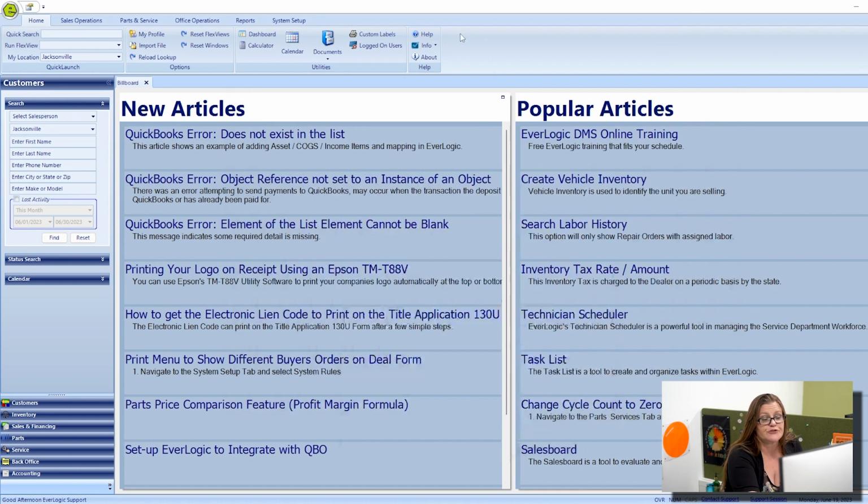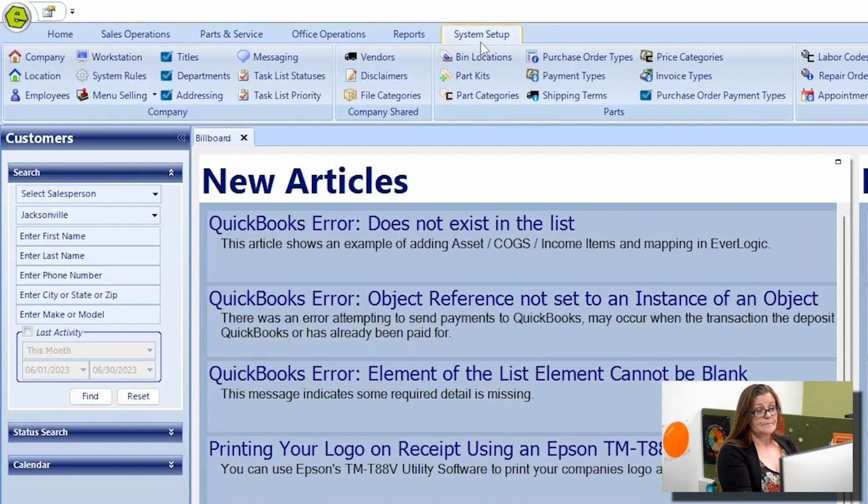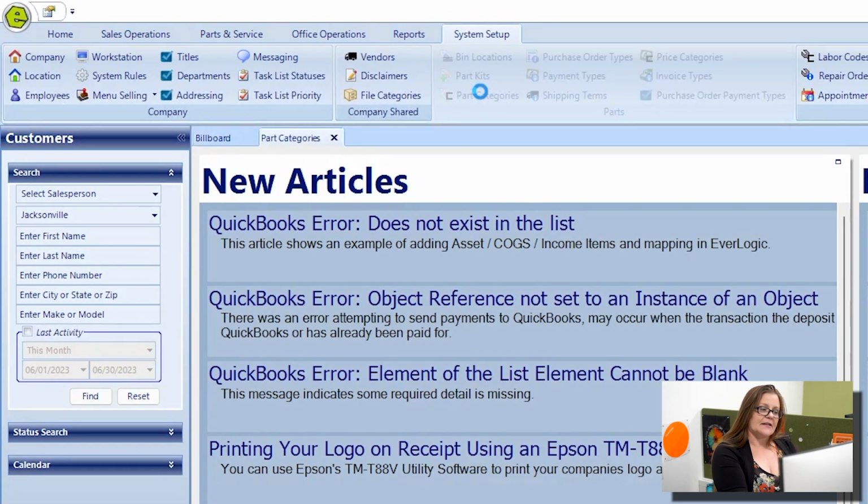You want to start by creating a new part category. Now this is understanding that we've already set up the items in QuickBooks to be mapped. So you've already set up your income account, your asset account, and your cost of goods account for this item that you'll be mapping and creating. All right, so we'll go to the part category section. That's going to be on EverLogic, and you'll go to System Setup, and then Part Categories is almost directly under that little tab. Select that,